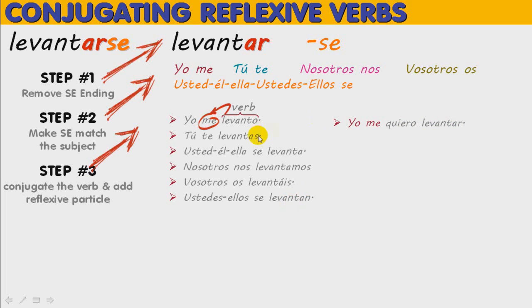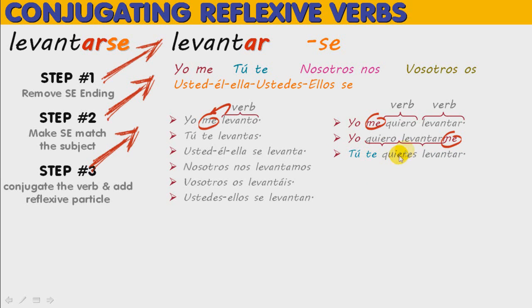Now, in the case of two verbs, I want to say I want to get up. Yo me quiero levantar. One of the things we saw is that when we have two verbs, we also have two options to place the reflexive particle: immediately before the first verb or attached to the second verb. Yo quiero levantarme. We'll do the same with all the persons. Tú te quieres levantar, we can see it before the first verb, or tú quieres levantarte, attached to the second verb. Usted, él, ella se quiere levantar, or